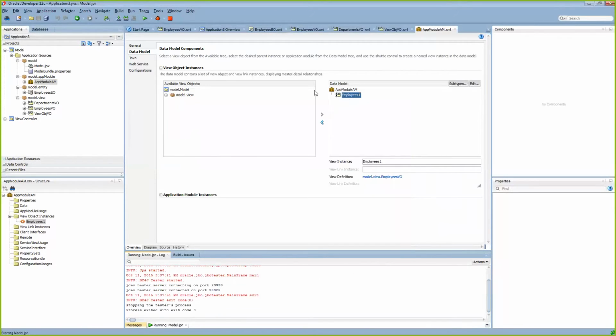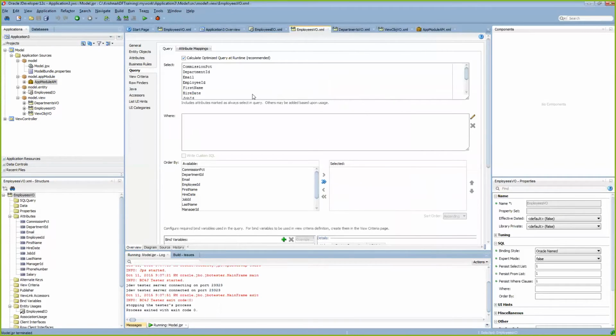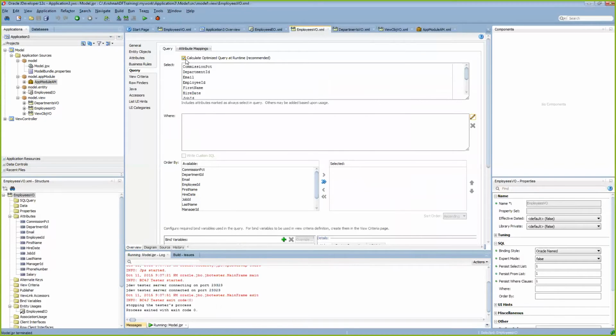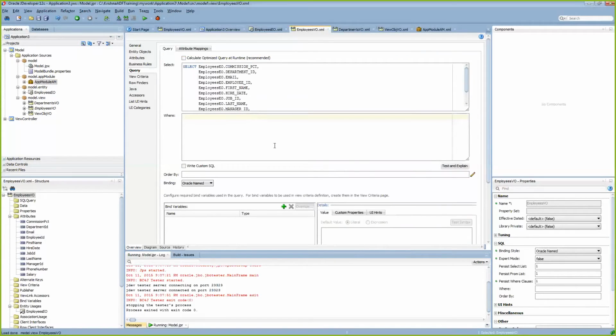Just close this. I'll go to my view definition. So this is my definition, and here I want to add a where condition. The query is currently in declarative mode. I have to make it normal mode to add a where condition. Now here I am adding